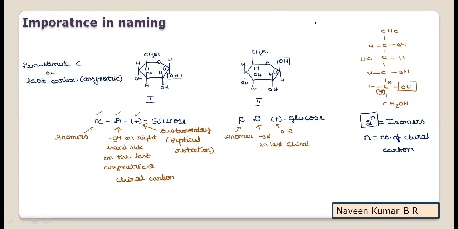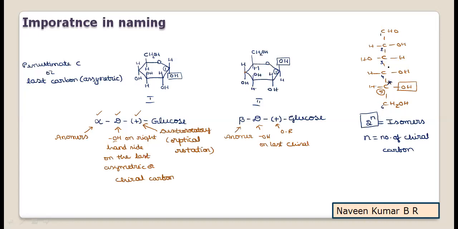Now if you take glucose, the top carbon is not chiral because C double bond O, the oxygen satisfies two valencies of the carbon, hence it is not asymmetric. Whereas the second, third, fourth and fifth carbons are; the sixth is not asymmetric because two hydrogens bonded to the same carbon make it symmetric, so it is not chiral. Now the fifth one is a chiral carbon: left side hydrogen, right side hydroxyl group, below CH2OH, above a four carbon side chain. Hence all four groups are different.